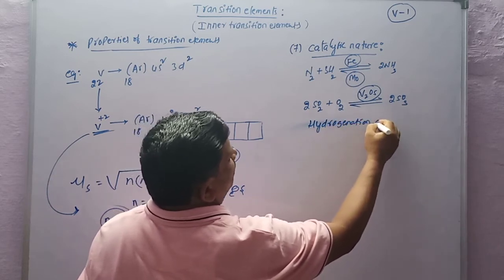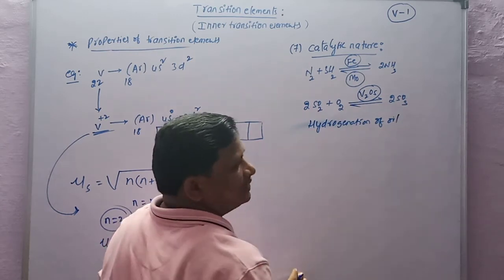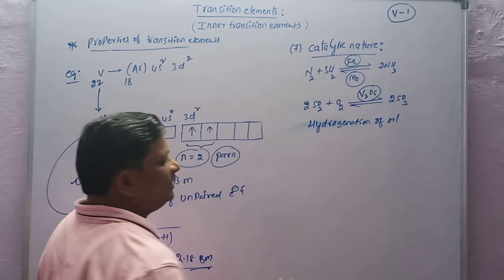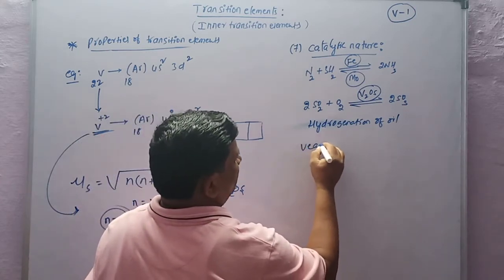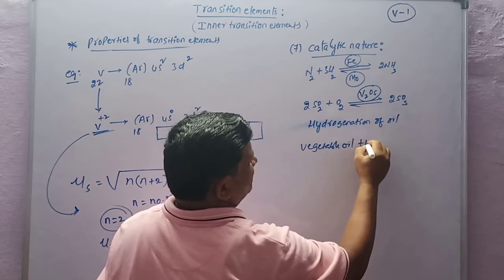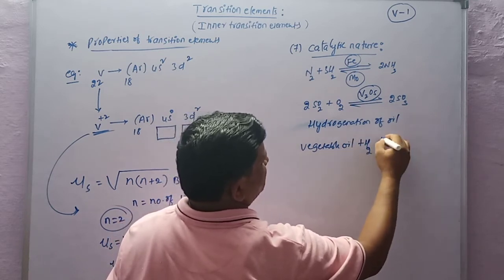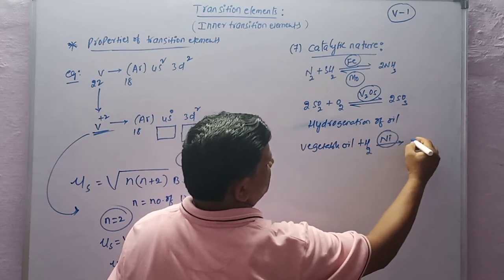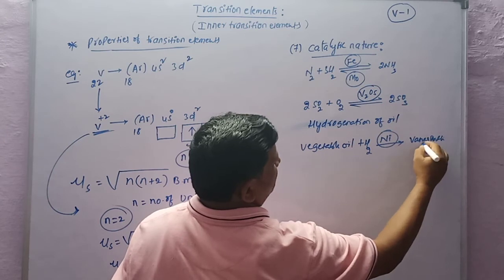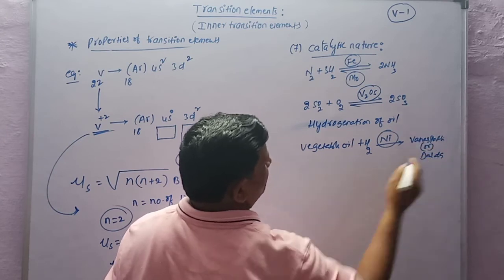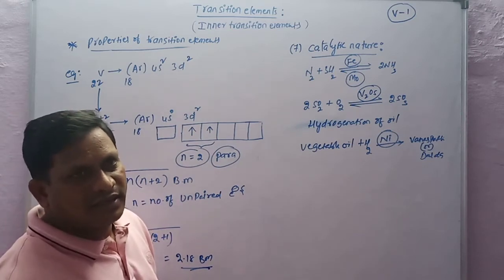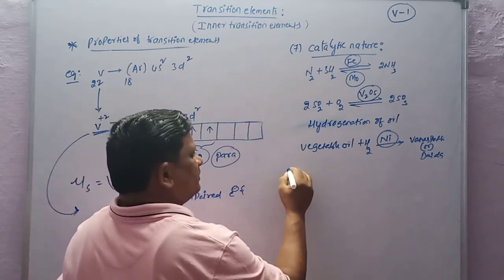Hydrogenation of oils. In this one, vegetable oils react with hydrogen in the presence of nickel. So vegetable oil plus hydrogen in the presence of nickel catalyst gives vanaspati, also known as dalda. So many transition elements act as catalysts in many reactions. So next one is actually